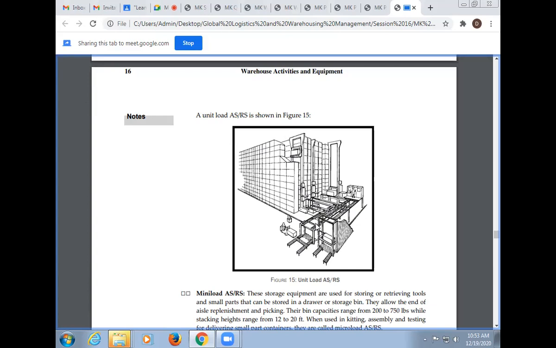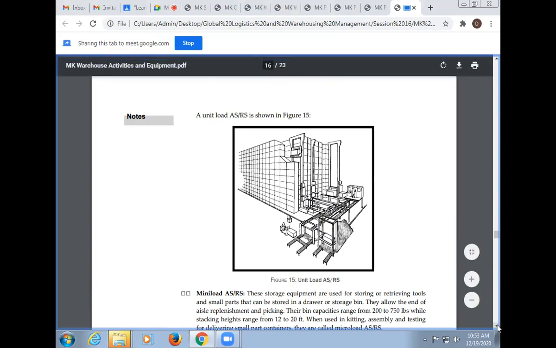The human cost, the labor cost, is minimized here. You do not need much labor. In developed countries like the United Kingdom, the United States of America, and Japan, this system is mainly used for storage in warehouses. You can see in the case of Singapore warehouses, these types of systems are mostly used.